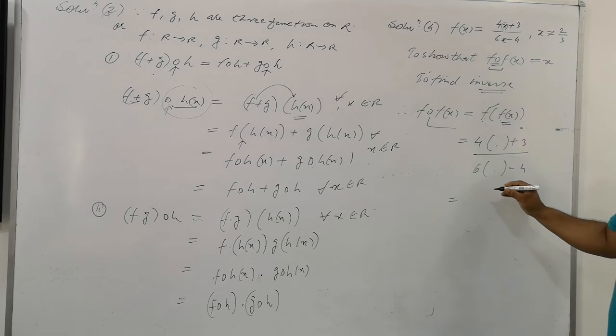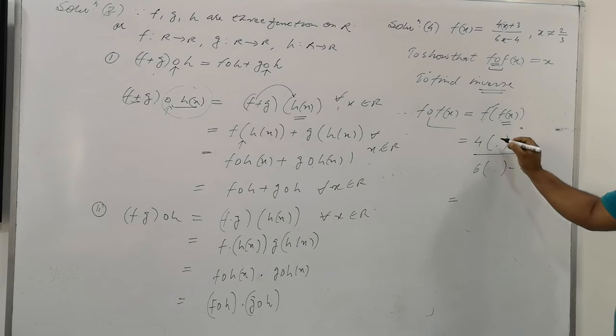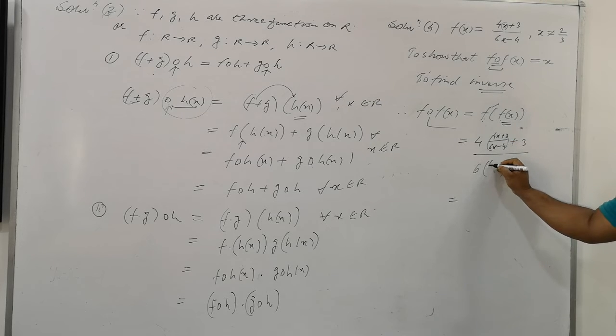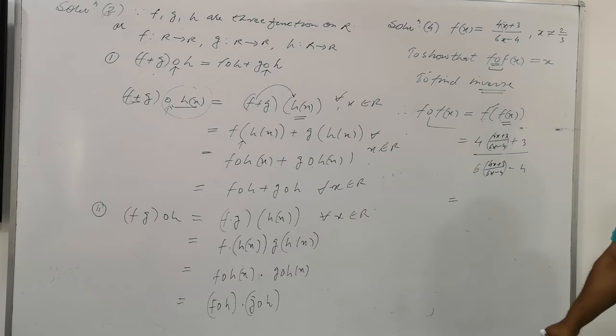Yeah, this is the f(x) here. So f(x) is to be written what? f(x) is to be written here: this is (4x + 3) divided by (6x - 4), and again (4x + 3) divided by (6x - 4), and further to be solved here. Okay,